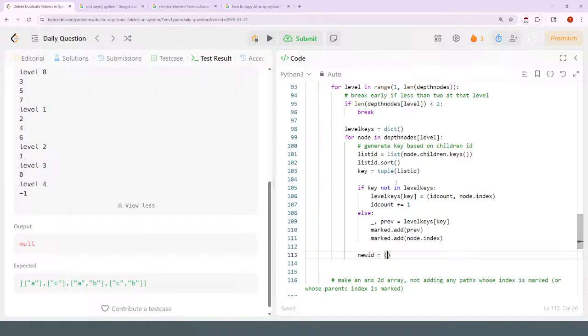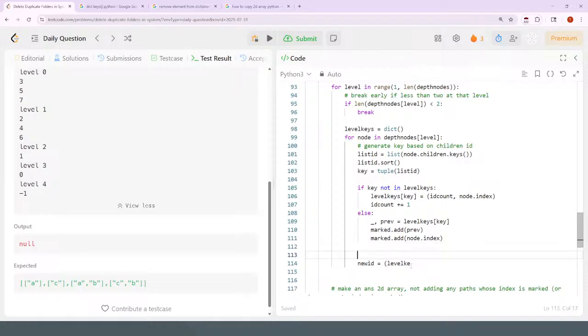The current level key ID count. So level keys, actually, I think I should just call this child key ID is equal to level keys of this key, the first element of that tuple. And then actually the new key for this node is going to be based on the tuple that is the child key ID and this node